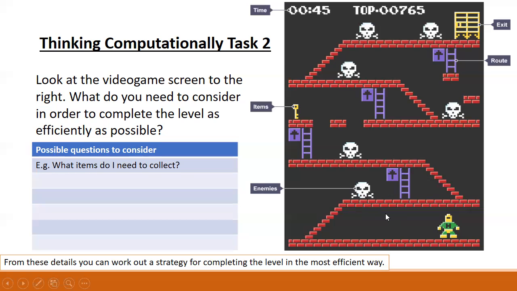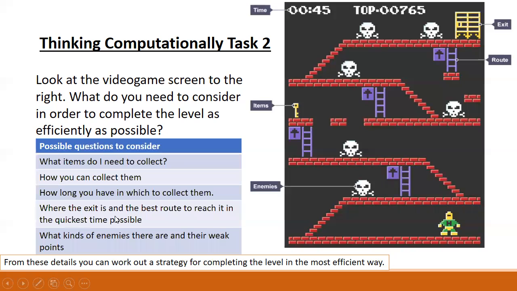So what questions would you ask yourself if you were going to play this game? I know how people play. They just do it until they learn, or they ask somebody, what are the cheats on this game? So you'd find out that if you do this code, you can blow up those death heads, or if you do other things. How do we go up? How do we go sideways? How do we pick up the item? How do we turn it to open the door? You get the idea, right?